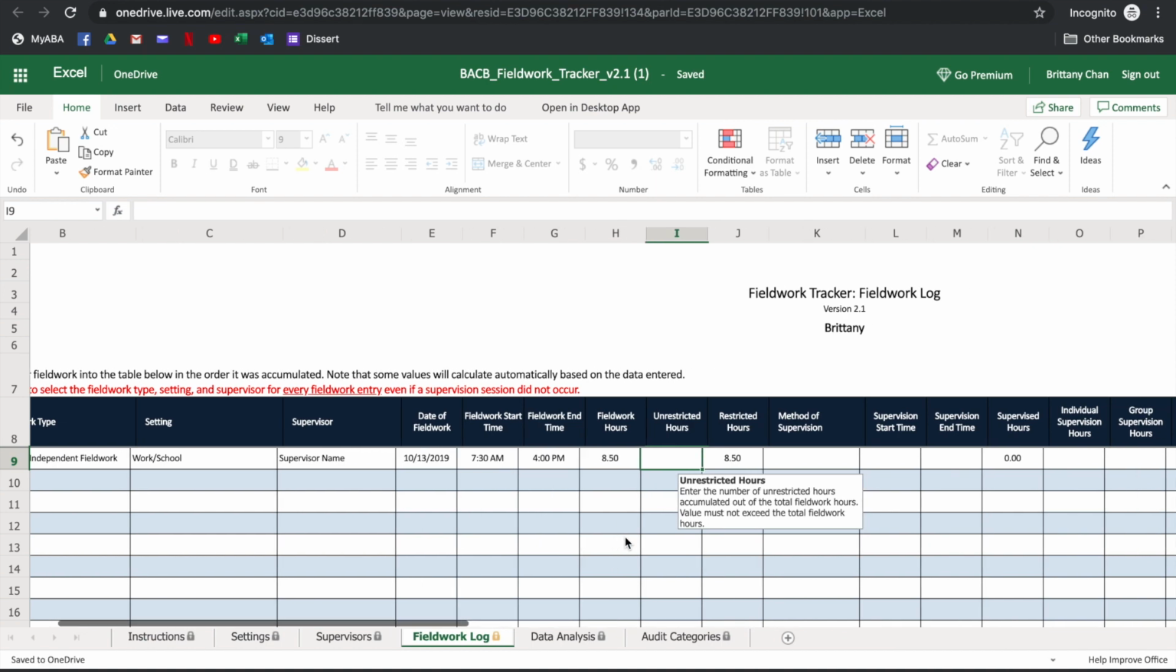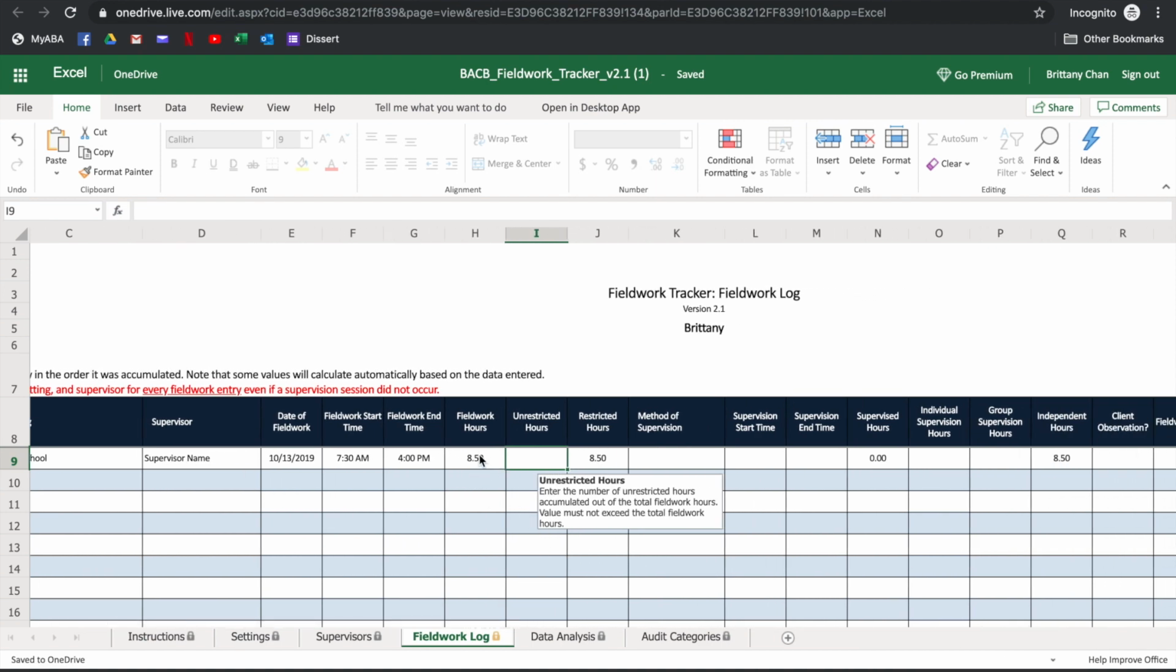As you can see, it automatically generates the restricted hours from the fieldwork hours. So it's copied because you need to have 50% restricted. So it automatically does that. So you need to type in unrestricted hours manually. And